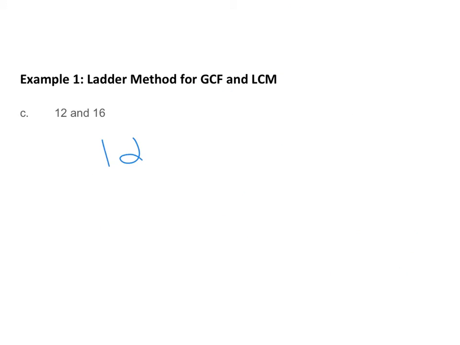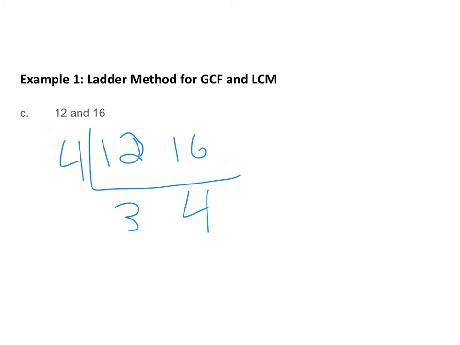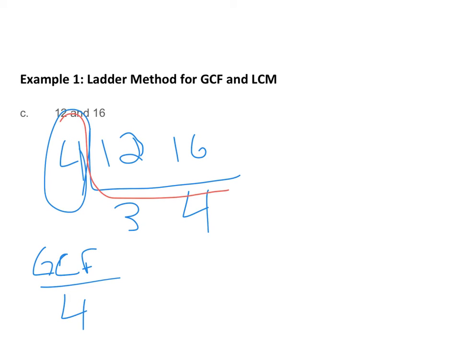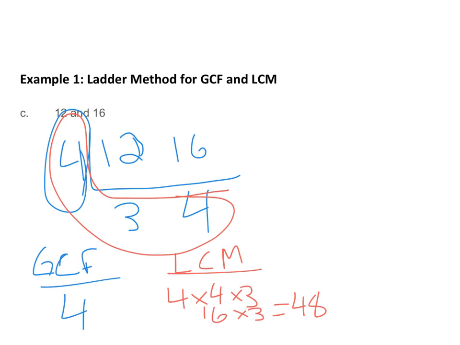So if we look at 12 and 16, the first number we're trying to divide by that jumps out is maybe a 4. So if you take 12 divided by 4 and 16 divided by 4, you can see here we can jump right into that GCF a little bit quicker. There's nothing else to divide, so we know that that is going to be a 4. And if we look at our LCM, that's going to take all of them. So what is 4 times 4 times 3? And calculate that up and get